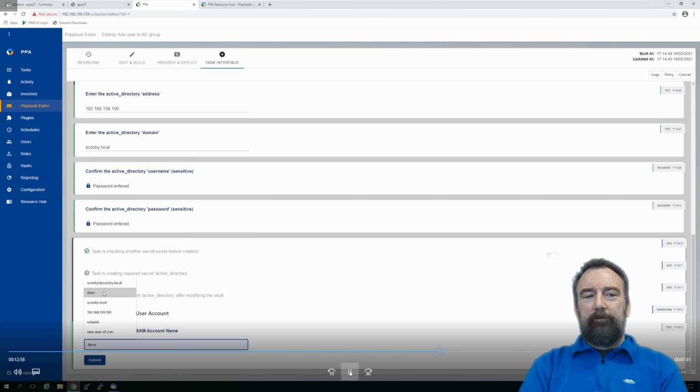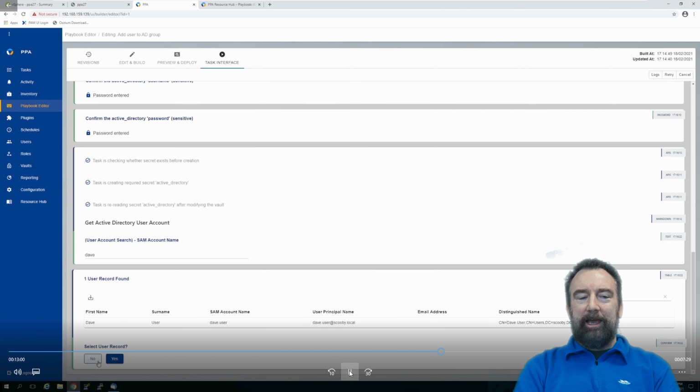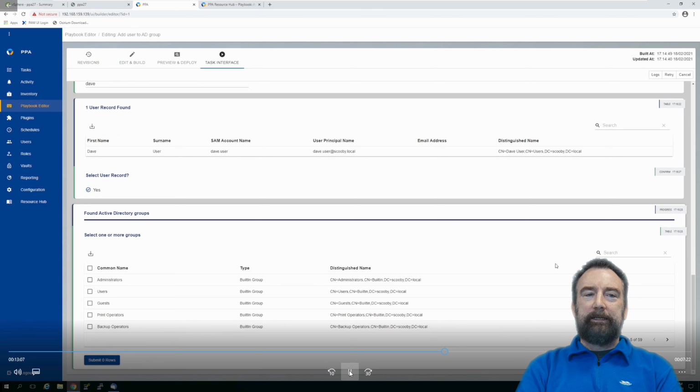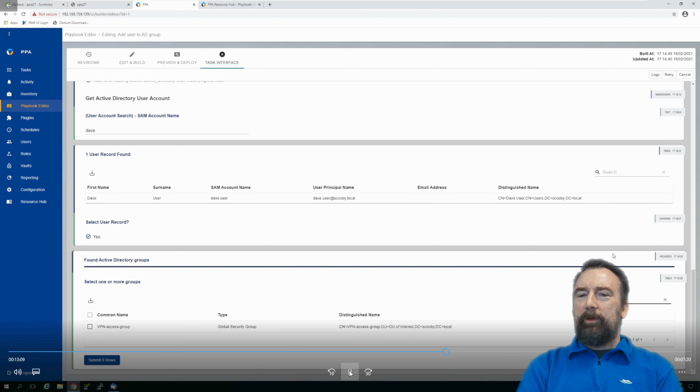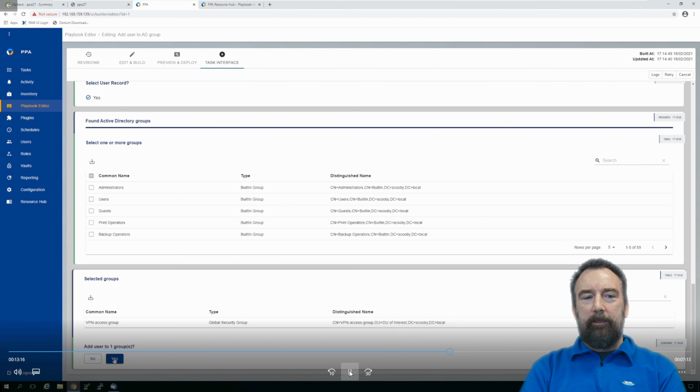So we've got to find a user. I'm going to go for Dave. Dave wants access to something. Let's search AD. Is that the right Dave? That is definitely the right Dave. So we'll select that user record. Dave wants access to a VPN group because he needs remote access because he's working from home, like a lot of us. So if we click on him and give him access to that group, okay, let's just make sure